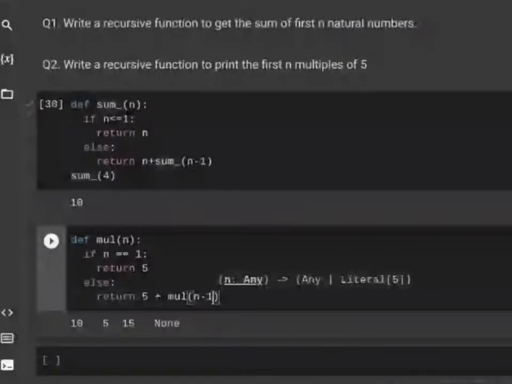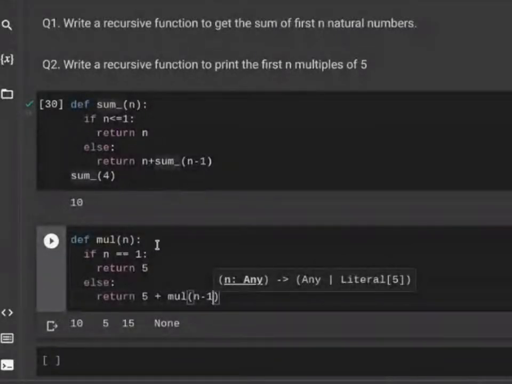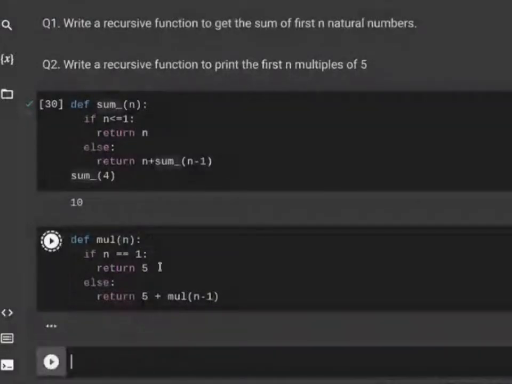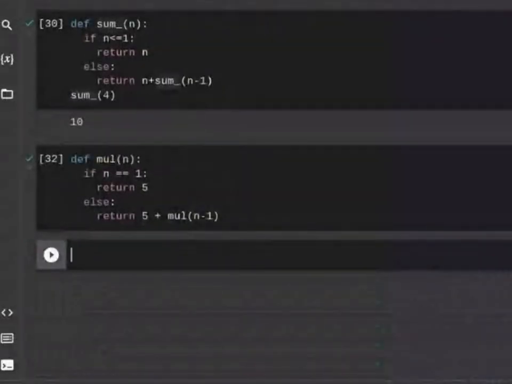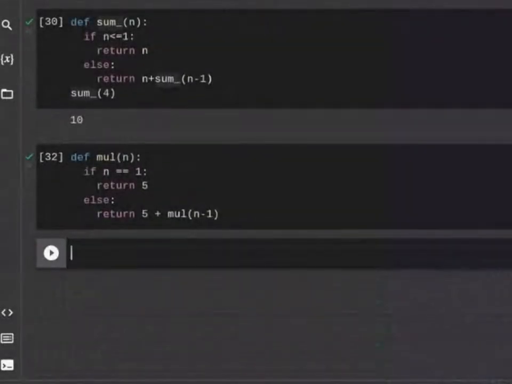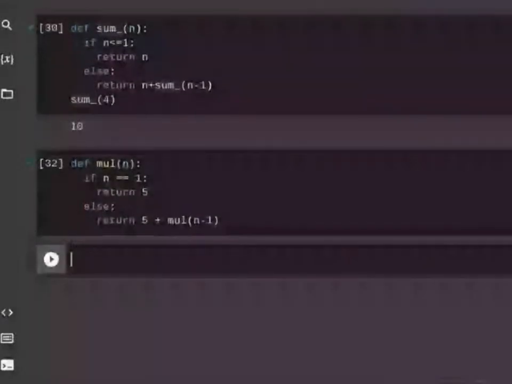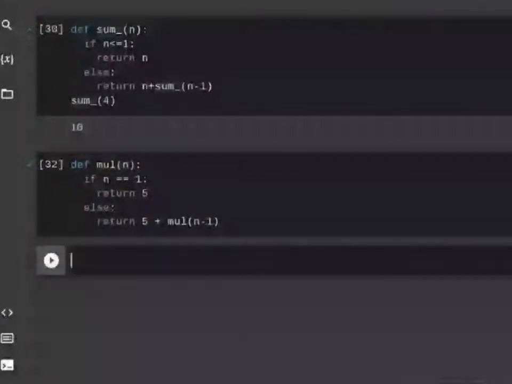Now, this method is going to give you the nth multiple. So then you can say for i in range n,